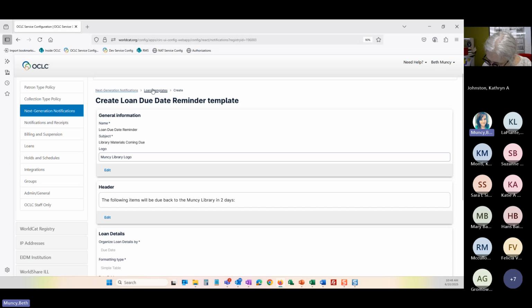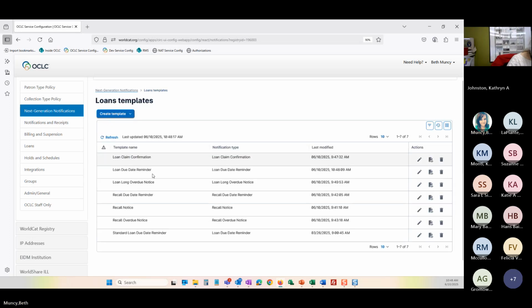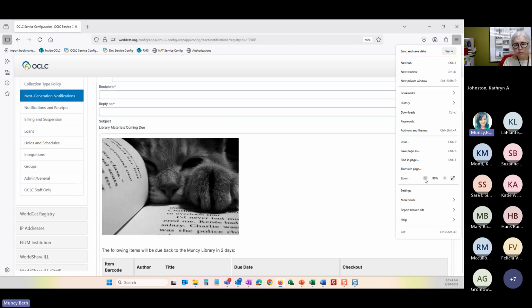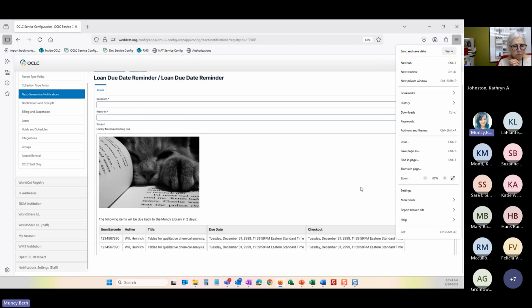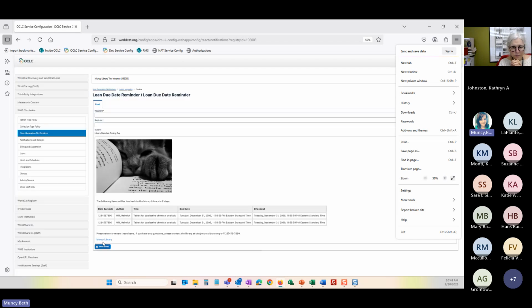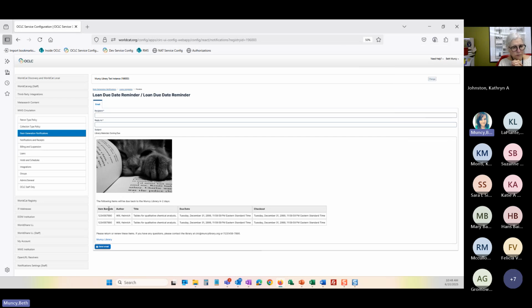Once I've completed it, I can go back to the loan templates and I can come over here and hit my preview and it will show me. Let's make this smaller. There we go. Now it's too small. I wanted to be able to show the link on here. So apologies, it's very, very small, but we'll see the information for the items that are coming due, when they're due, when they were checked out, any bibliographic or item level elements I've included, my footer, and then there's my link that goes to